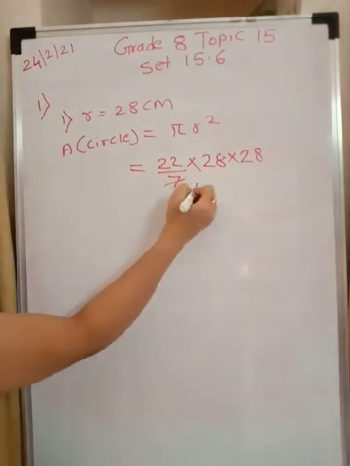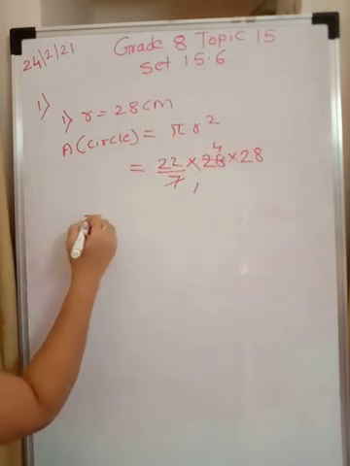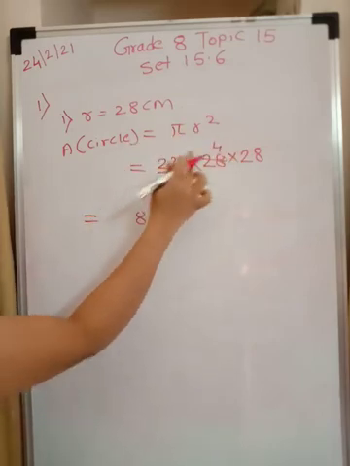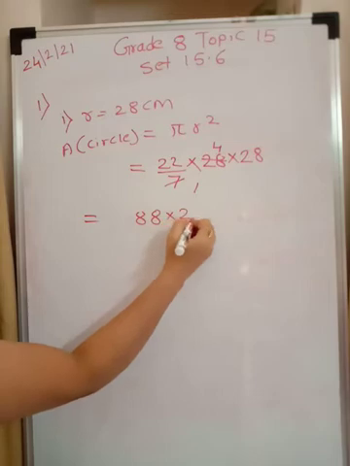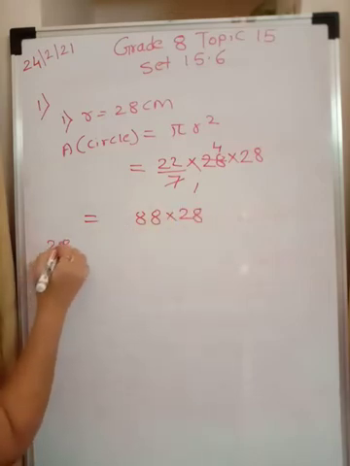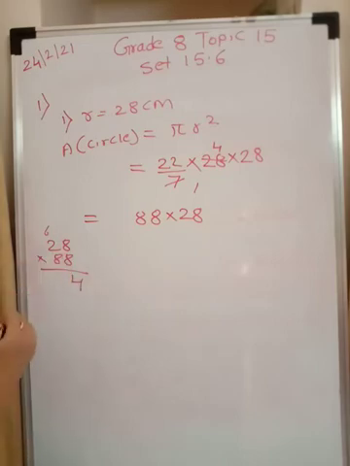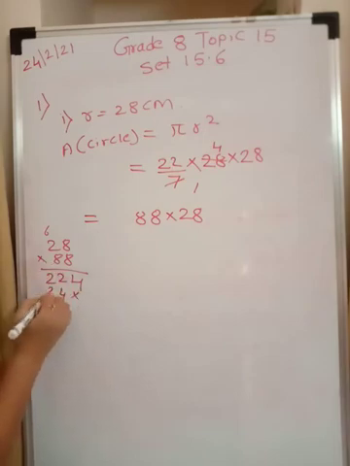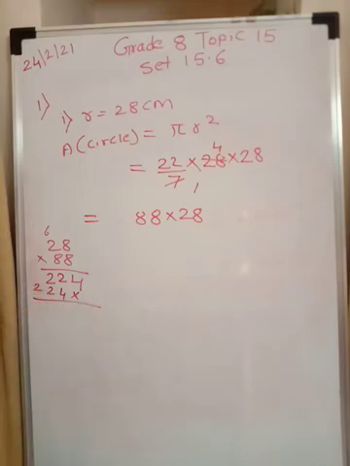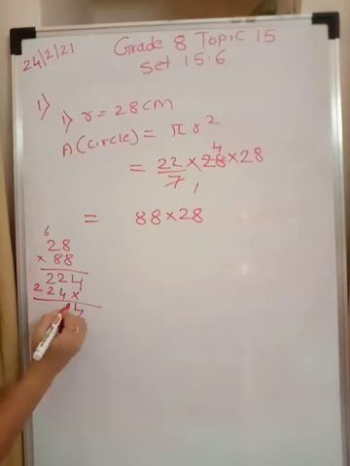Alright. So 7 ones are 7 and 7 fours are 28, so what you have is 22 into 4, which is 88, into 28. So just multiply 28 into 88. 8 8s are 64. 8 2s are 16, 16 plus 6 becomes 22. Into the same number will come because 8 is here, so 4, 2 and 2. So we have 4 over here, 6 over here, again 4 over here and 2 over here.